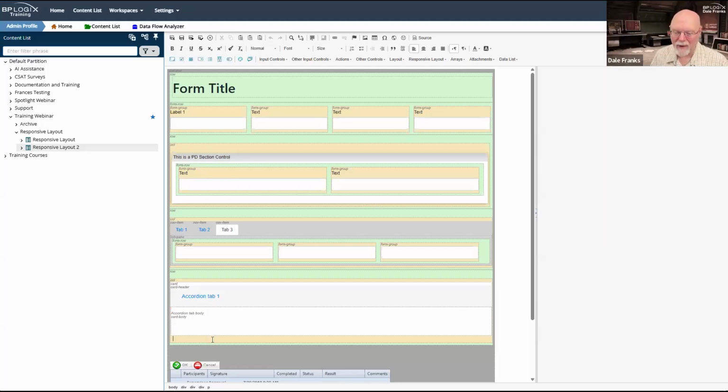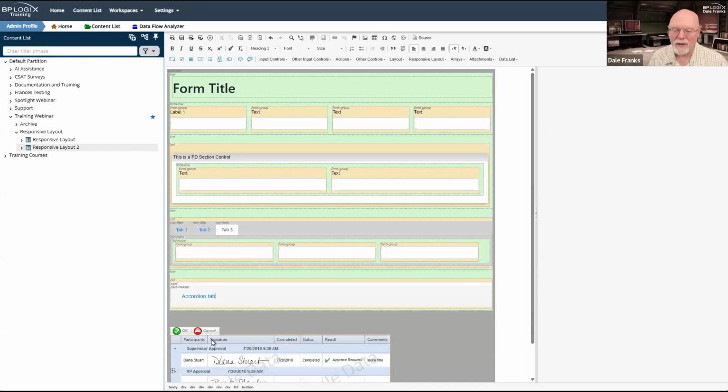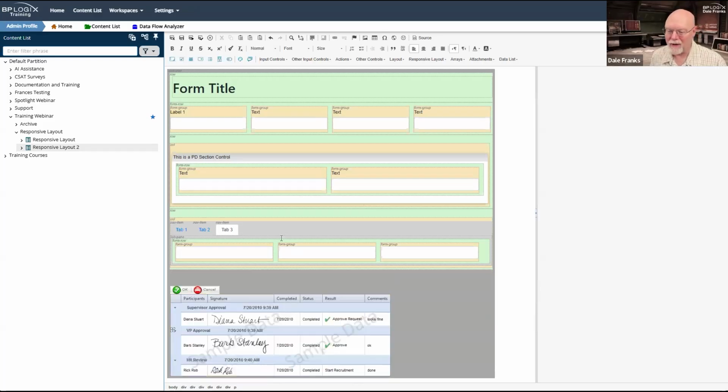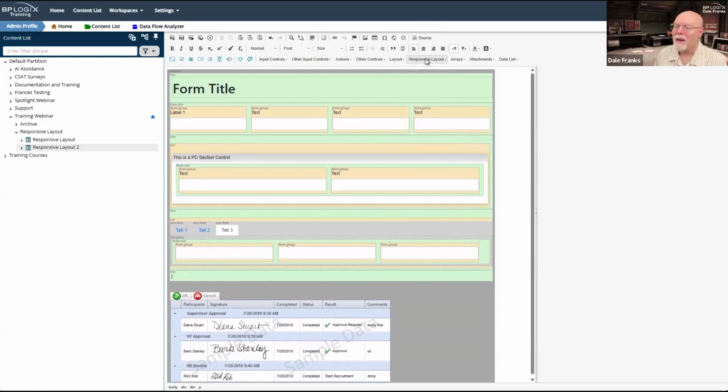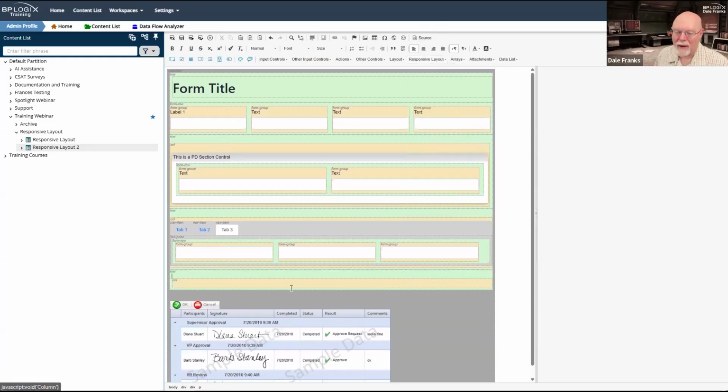Actually, you know what? Let me just restart this whole thing. I just want to get rid of this whole thing here. Fine. Let's go back to status quo ante. We'll go with row. Then we'll go with column.